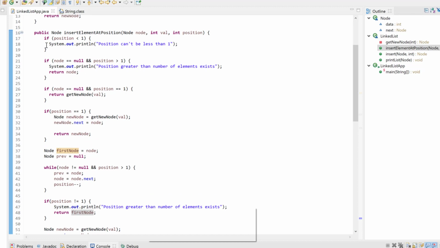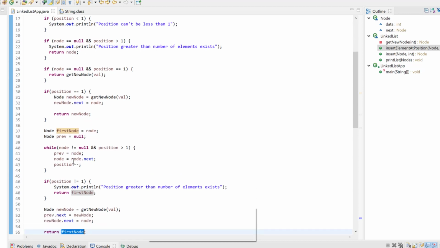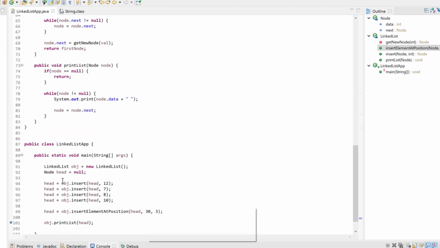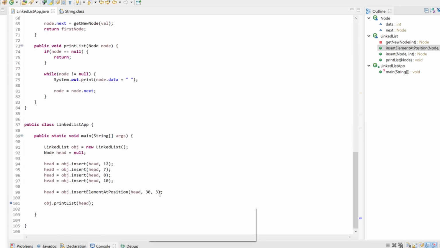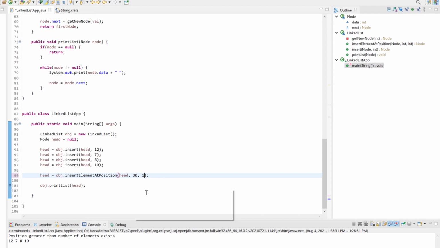And guys, we have tried to cover each and every negative case so that it doesn't give any bug in your system. Now let's see one by one how we can do it. I'll show you with each example, each position. So here I have 4 positions, and let's say I want to add at the first position. So let's run this program, and you can see that I have added this 30 at the first position.